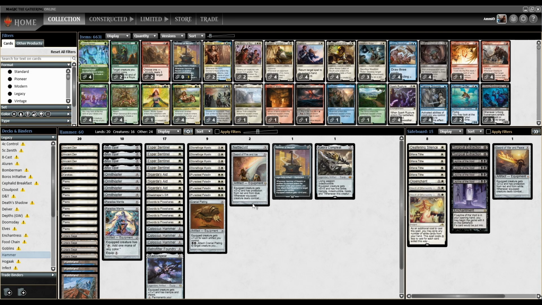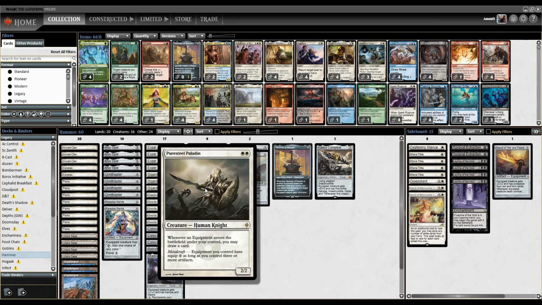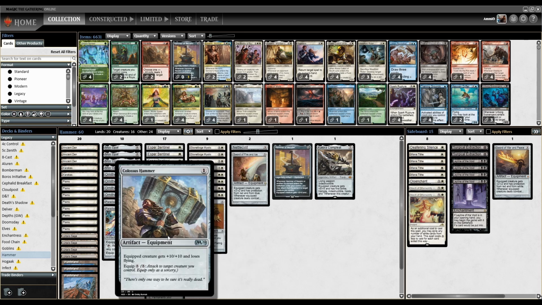So we're back for the fourth league of the day, and we are playing Hammer Time in Legacy. No, you heard that correctly. Hammer Time in Legacy. So, same old deal. Use Sigarda's Aid and Pure Steel Paladin to get free equipment on your stuff, which includes Colossus Hammer and includes